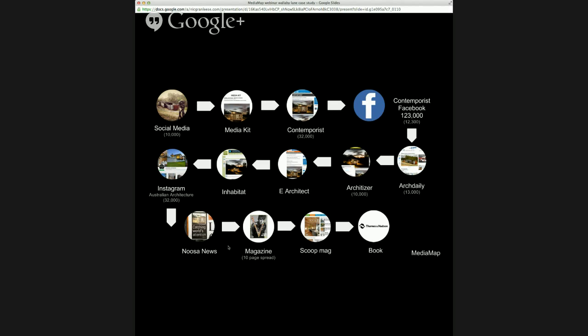Then it goes to newspapers and magazines, where they're starting to build up bigger, more in-depth stories. And eventually you get down to books, which obviously sometimes take years to make. And you also end up with TV shows, which have very long schedules. So that's the idea of how these projects are moving through space. And the rule here is that for architects, it's not about getting published once anymore. It's really about creating a sequence where a project flows through multiple different mediums. And that's our last slide.